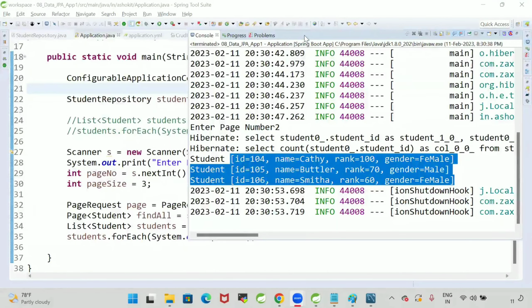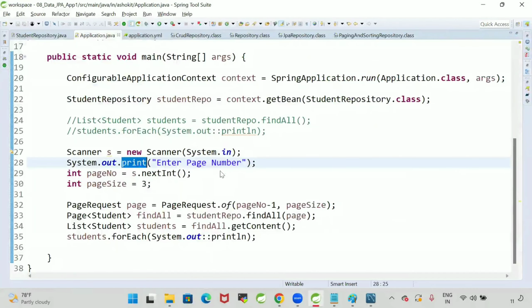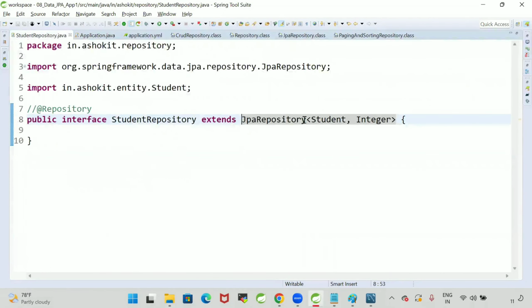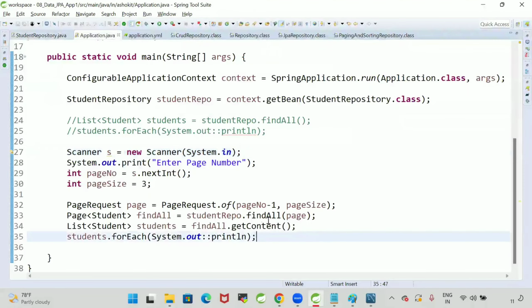Are we able to implement pagination? Yes or no? So this is called pagination. So how to implement pagination in JPA? By using JPA repository. When you go for JPA repository, we have the method called find all with the